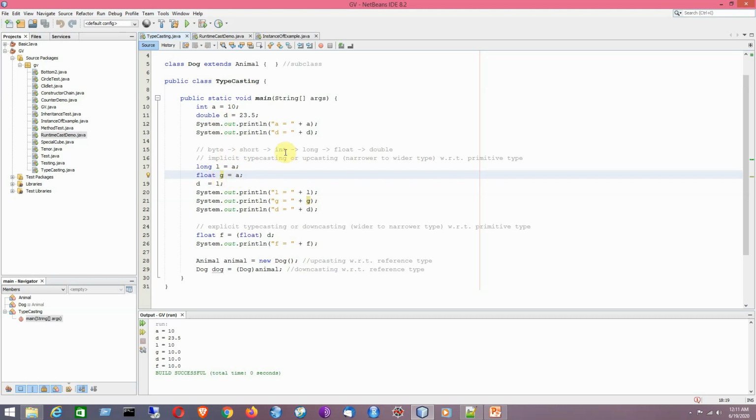It follows this relationship because float is a wider data type compared to int. Remember that this concept is applicable for numeric data types only. So char and boolean will not be considered here. This rule cannot be applied to char and boolean. It will be applicable for numeric types only.